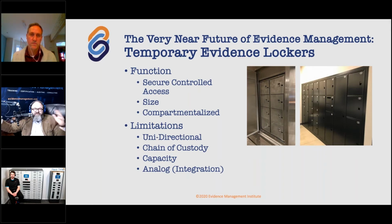Now, there are a couple of different things that are important about temporary evidence lockers. Having multiple sizes is a great idea. Making sure that they're compartmentalized. Even refrigerated storage needs to be compartmentalized because we want to prevent and eliminate even the potential for cross contamination of evidence. And temporary evidence lockers have been around for decades and decades, but there have always been some limitations